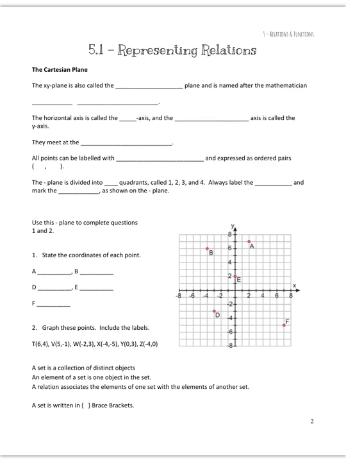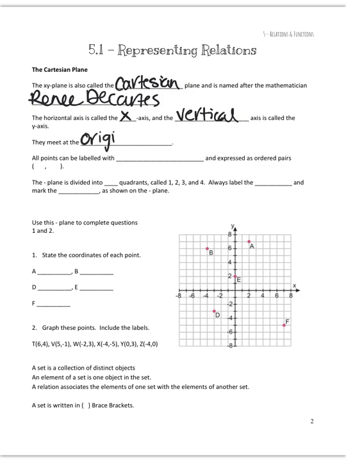The XY plane is also called the Cartesian plane and is named after the mathematician René Descartes. So the horizontal axis is called the x-axis, and the vertical axis is called the y-axis. They meet at the origin. All points can be labeled with coordinates